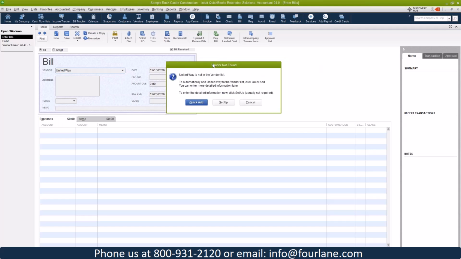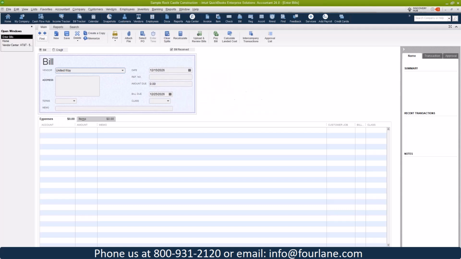And so we're going to get this pop up here that says vendor not found in the list, what we're going to do, okay? So we can choose to quick add, okay? And that's going to give you the option to set up as vendor, and that's it. All it's going to put into the system is the name, that one required field on the vendor information page, okay? That's an option. Preferably, we're going to use our setup option instead, and then we'll get that same vendor card